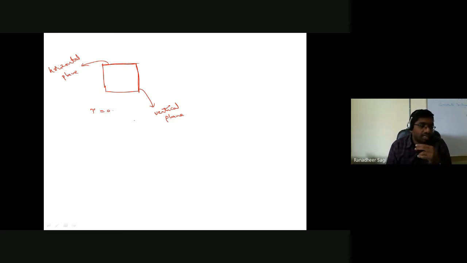In the next class, we'll try to talk about the assumptions behind this Rankine's theory, which I have not touched upon. So in the next class at the starting, we'll talk about those assumptions, which will also give you an idea of what assumptions are made behind this particular Rankine's theory, based on which the active earth pressure as well as the passive earth pressure theories which we are talking about have come up.